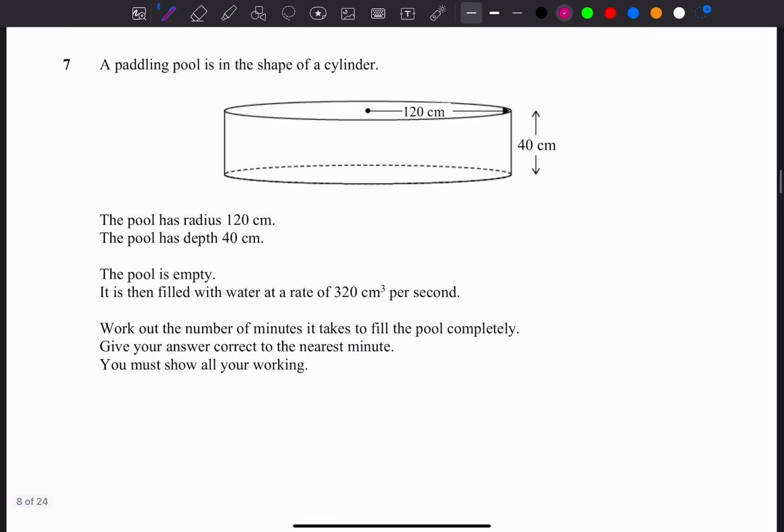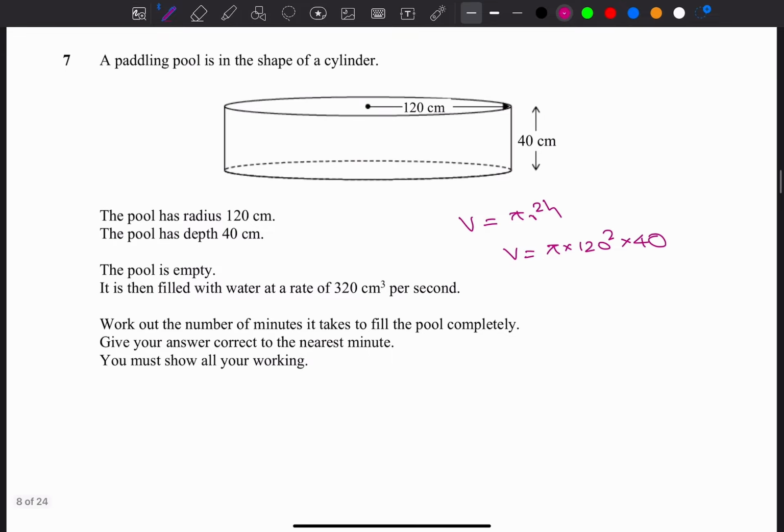Number of minutes it would take to fill it completely. Okay, so you know the volume of this cylinder formula, pi r squared h. Make sure volume equals pi times radius 120 squared times the h, which is 40. That will give you the volume, whatever that volume is. Then you divide it by 320, which will make it